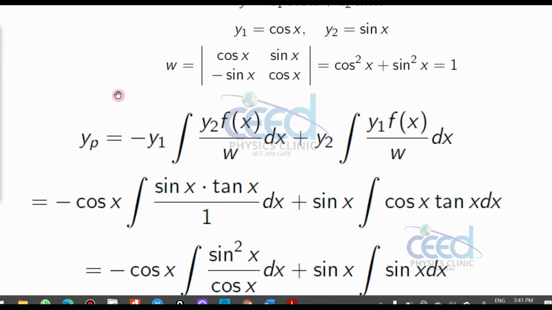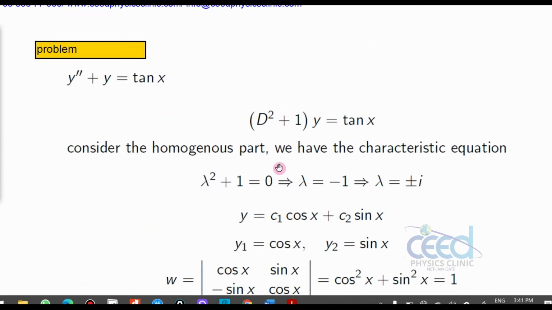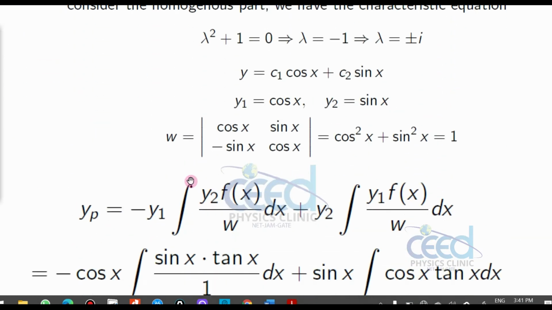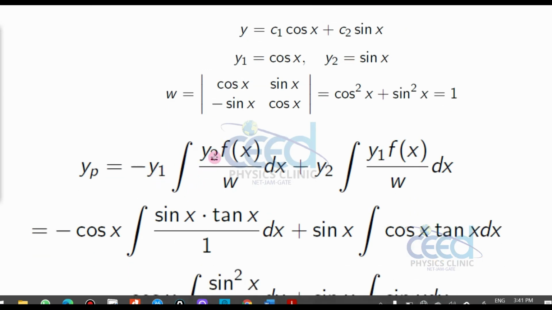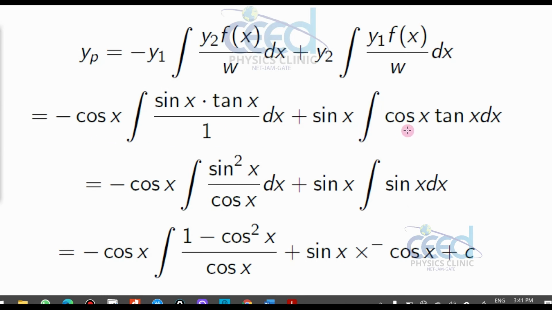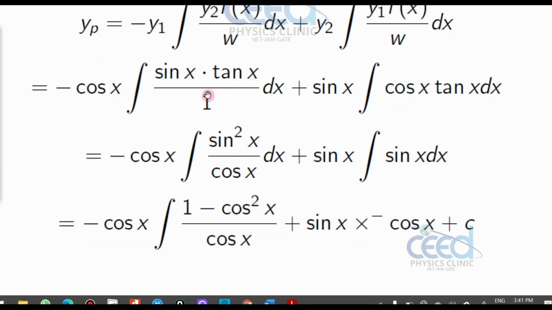So what is the formula? By method of Wronskian, this is the formula. What is minus y1? y1 is equal to cos x. Okay, minus into cos x, this is the particular integral, and y2 also we defined, y2 is equal to sin x. And what is our f of x? f of x is the right side of the equation, that is tan x. Okay, so I can substitute all these values here. So minus y1 into y2 is sin x into tan x, Wronskian is 1, that also we got, into dx plus. Now y2 is again sin x and y1 is cos x and f of x is tan x. Wronskian is 1. So this is all about our substitution.